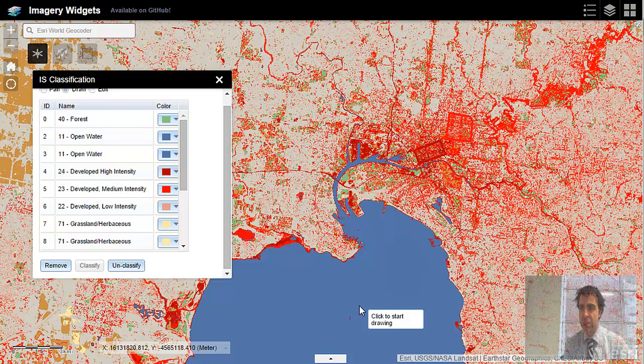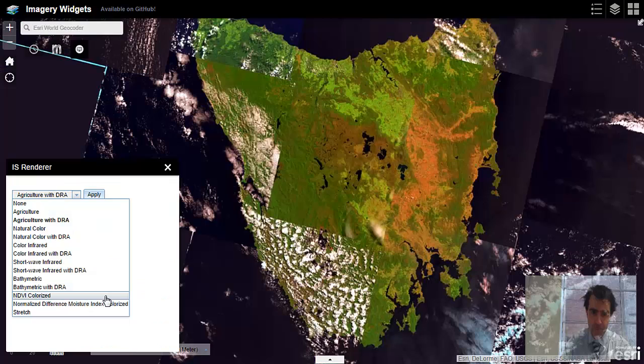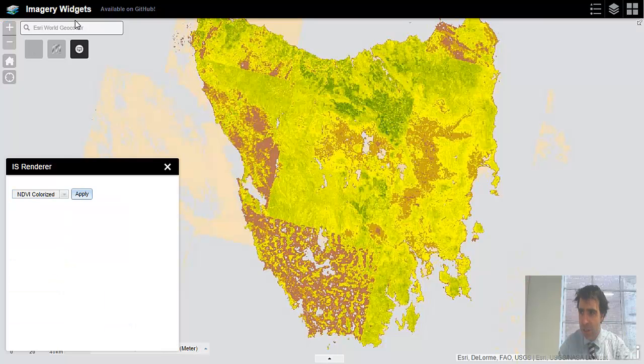What we see on the screen is the imagery widgets. These allow the end user to perform, in this case, a supervised classification. So supervised classification in the browser using Landsat imagery. It's pretty impressive, really. This one allows the user to manipulate the renderer of an image service. So in this case, choosing to display the Landsat 8 imagery with an NDVI to highlight vegetation. I haven't got time to show a lot of these custom widgets, but